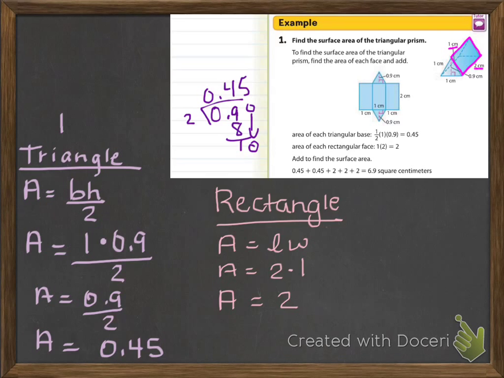Now for our final piece, I'm going to do that in orange. That's where we're going to add them all together to find the surface area. So I'm just going to make myself a little box here. So now we've got one of the triangular faces, which is 0.45, plus 0.45,